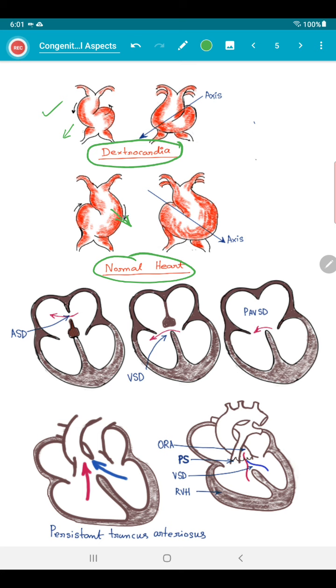So you see, in one the heart bends leftwards, in the other the heart bends rightwards. After that, this part is enlarged to become the ventricle. In the case of a normal heart, it will grow towards like this. In the case of dextrocardia, just the opposite, towards the right side. So this is the disorder of looping in a very early stage.